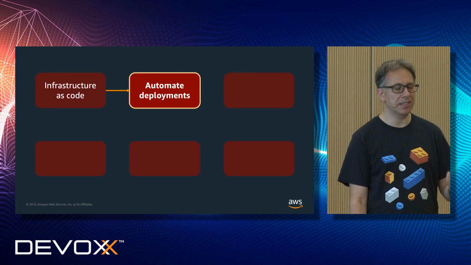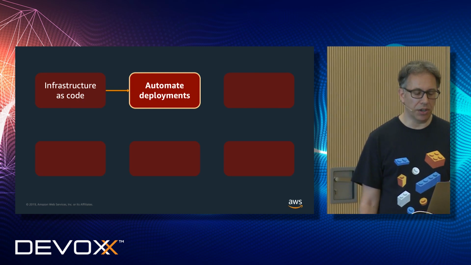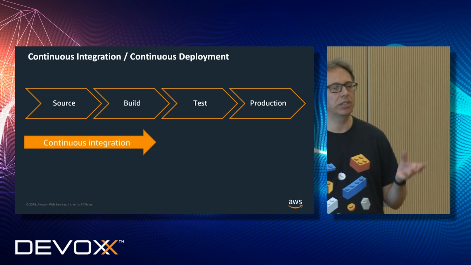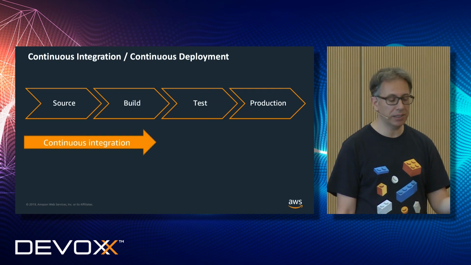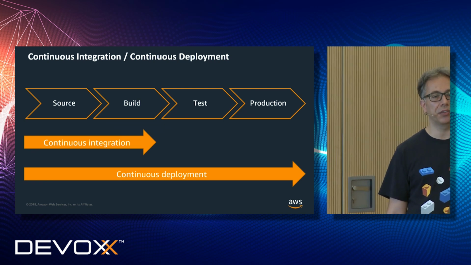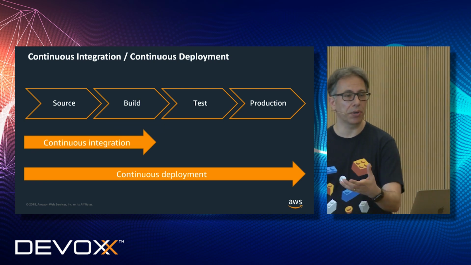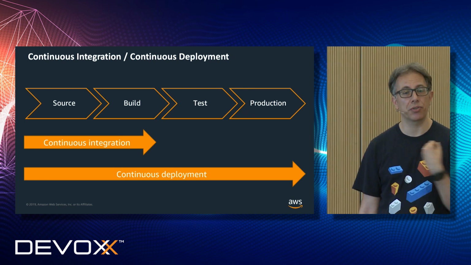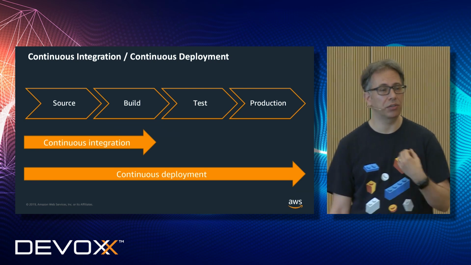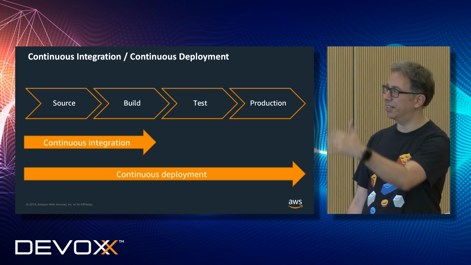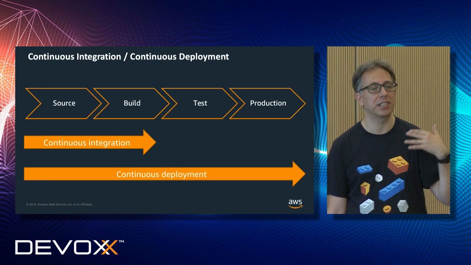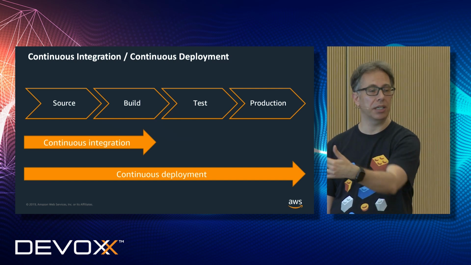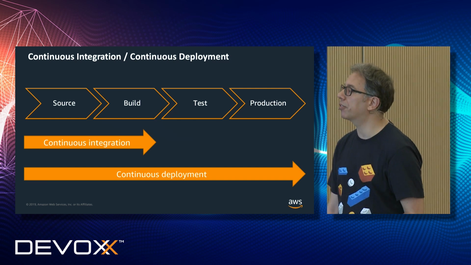The next step is to automate deployments. When you have your deployment pipeline, continuous integration gives you feedback on the build, but continuous deployment gives you feedback on whether your customers are using your product correctly. It's very important to do small deployments in production quickly and often, so that you can get feedback often. Probably this is the most important metric that gives the speed of your development team: how often and quickly you can deploy in production and get feedback.